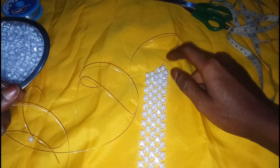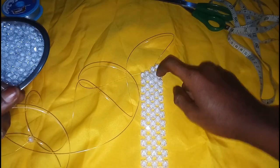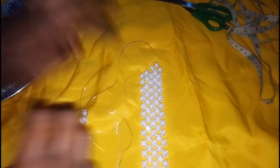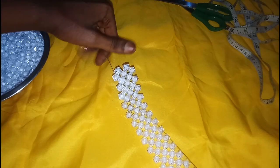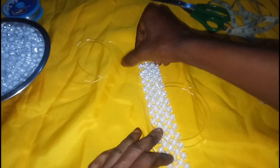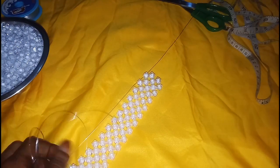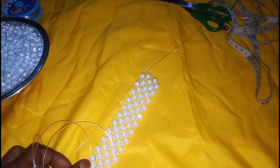The fishing line I used in passing is the same fishing line I'm going to add my one bead and interlock with the second one, so that my fishing line can fall to this side. I hope it is clear enough. Then you are going to have something like this. Now, this fishing line on your right hand side,